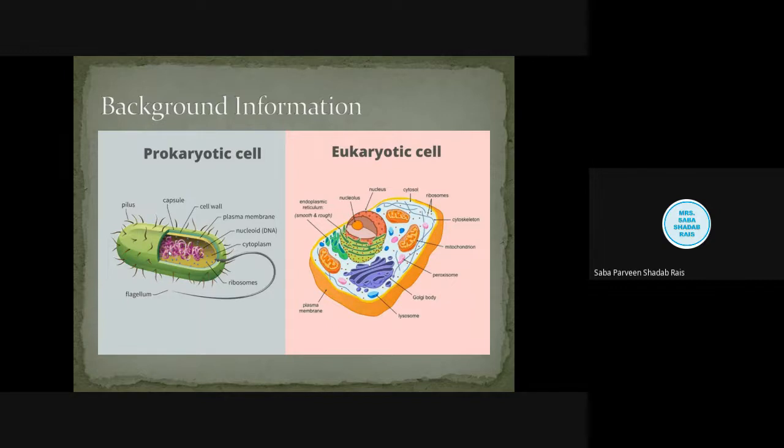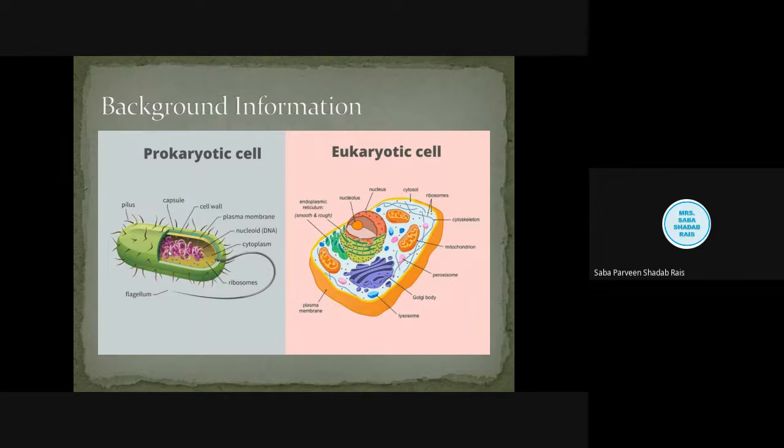Now we know that the most important function of the ribosome is protein synthesis. So here the ribosomes are present which take part in protein synthesis. They will have the plasma membrane which is enclosed beneath the cell wall. Their locomotion is carried out with the help of long whip-like or small hair-like flagella.